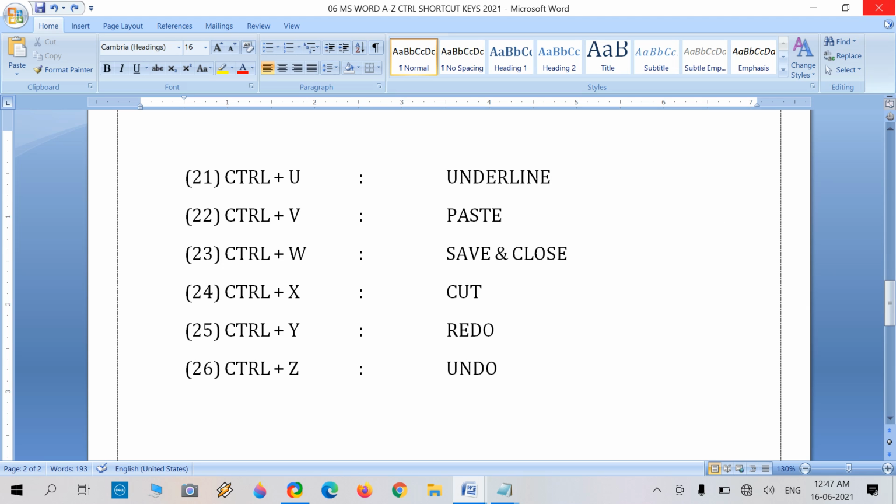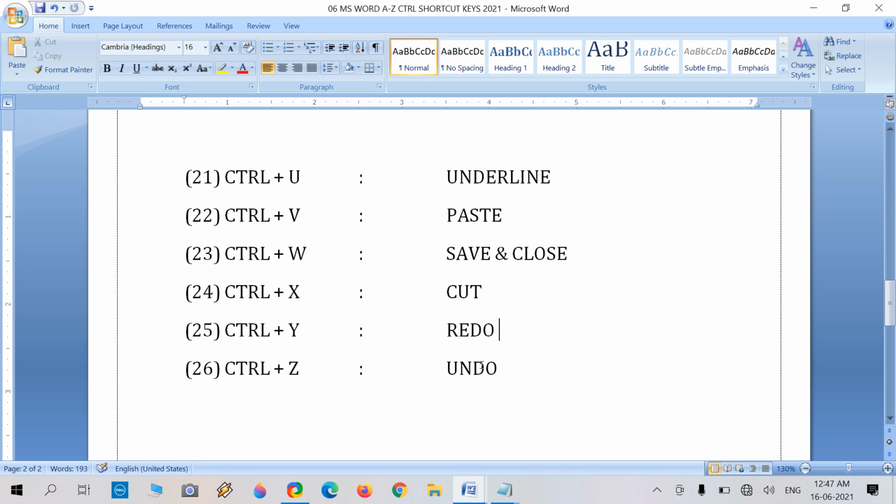It will save and close this Microsoft Word document. Ctrl X is for the cut task, select and press Ctrl X, and after cutting press Ctrl V. Ctrl V we can use multiple times like here.